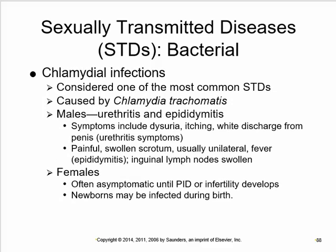So STDs. I hear that you talk a lot about STDs in your program, so we won't spend very much time on them. Chlamydia is very common. Chlamydia literally means cloaked because it's hidden. It's usually asymptomatic in women, unless it causes pelvic inflammatory disease, or we're investigating reasons for infertility. Women with it can infect newborns, especially through the eyes